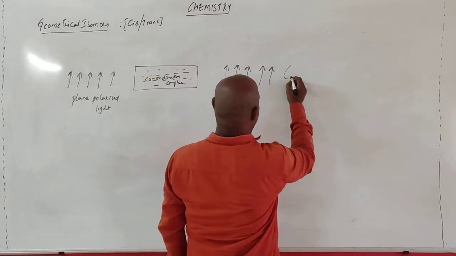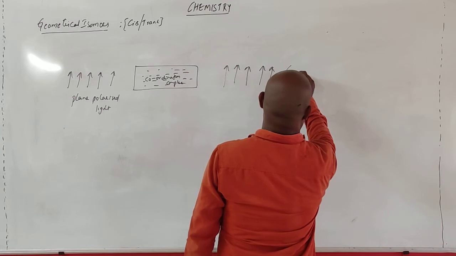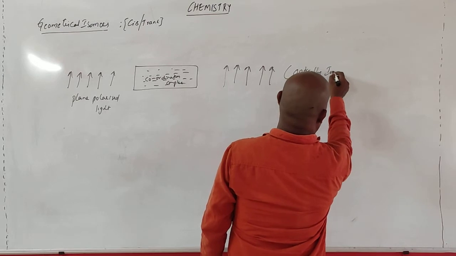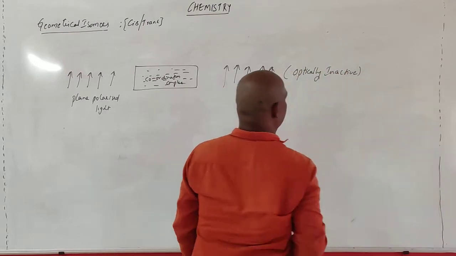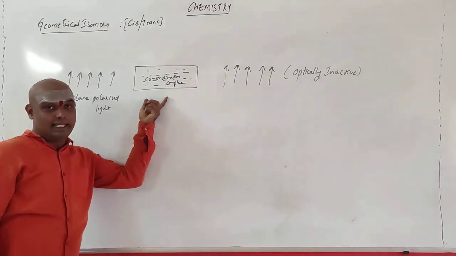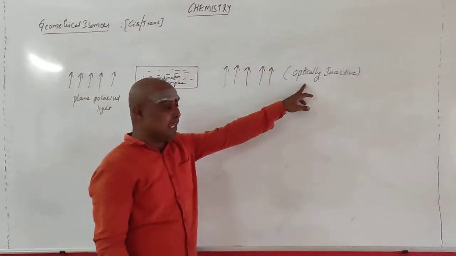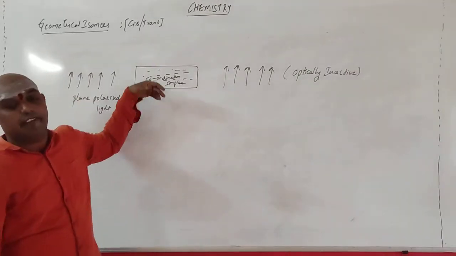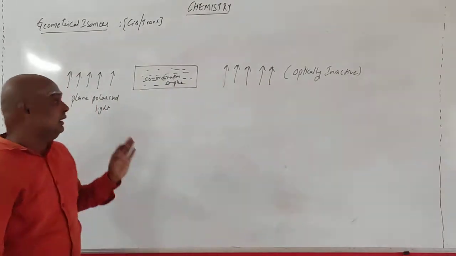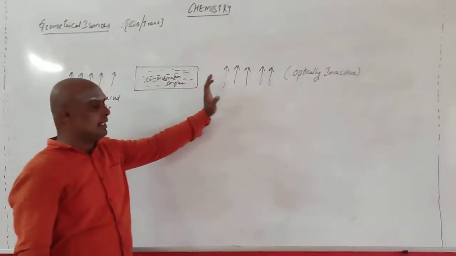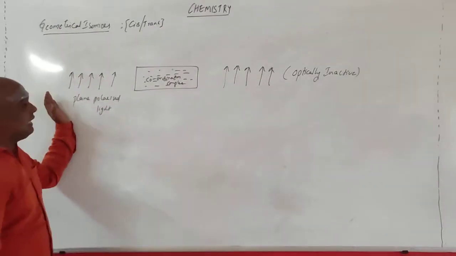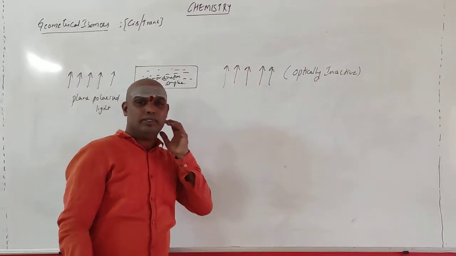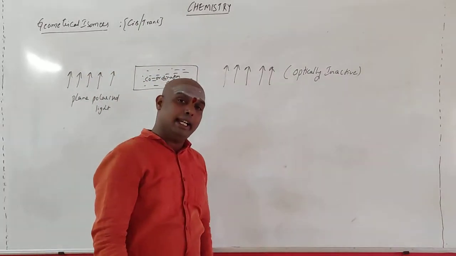So then that is called an optically inactive complex. Whatever compound is present inside the container, it is optically inactive because it is not rotating the light or showing any effect on light. The light has come out in the same pattern as it was incident on the coordination complex. So there is no rotation of the light. So that is an optically inactive compound.